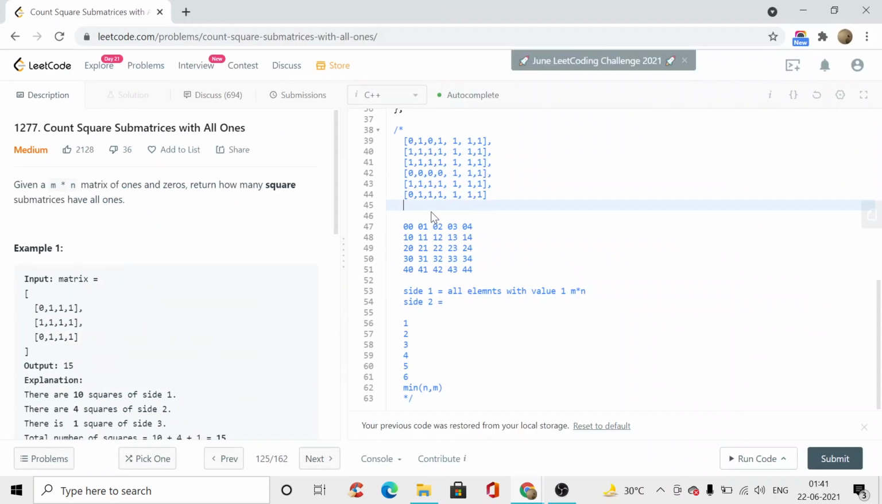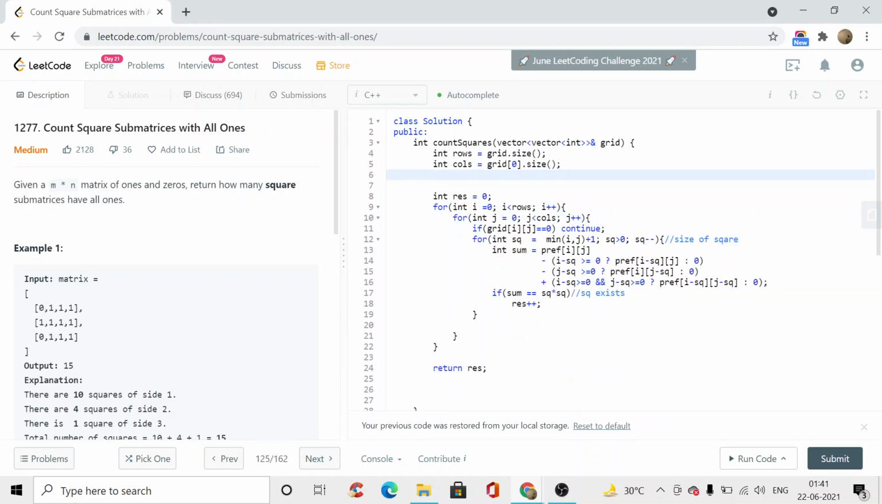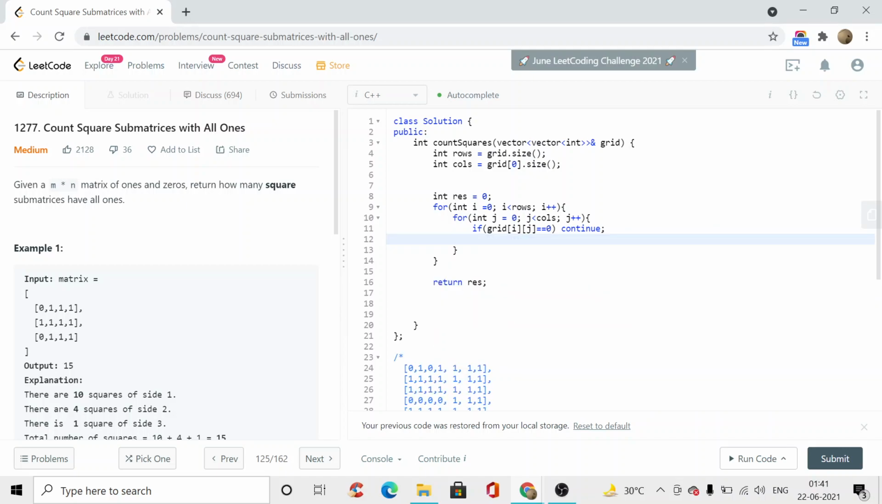Let's try to code this also. Another approach where we will not be required to make a new matrix. We can just update this grid matrix. And this is the result. Go row by row. We don't need this. And grid of i of j is equal to,